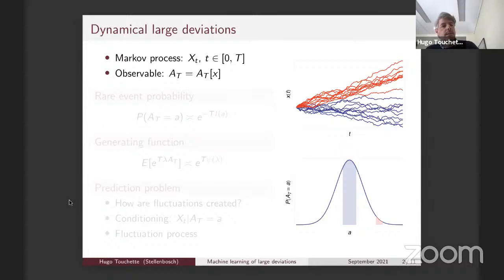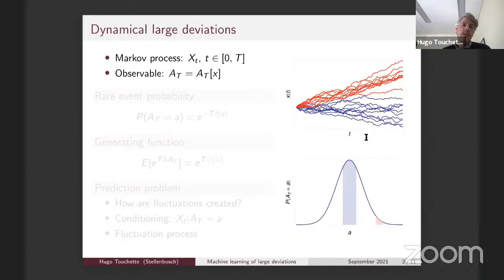We consider a Markov process, which is meant to represent a non-equilibrium system driven in a steady state. It could be one Brownian particle, or it could be a system of interacting particles, but it's driven out of equilibrium by external forces or reservoirs in a steady state. The cartoon picture that I'll be using for the presentation is the following. We can simulate or observe trajectories of the system like this, trajectory x of t over time.